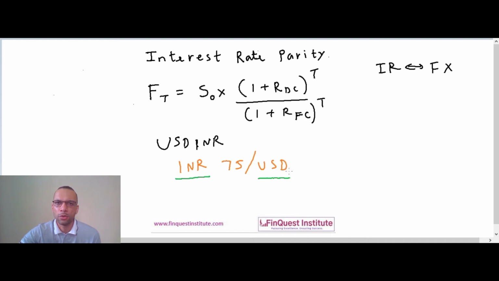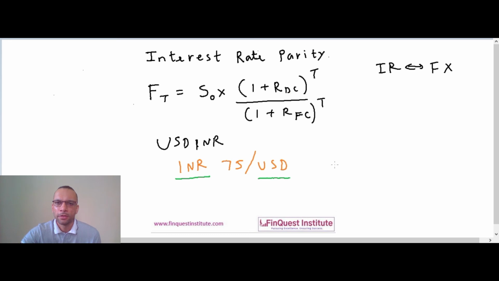Likewise, I can go to any market data provider, fetch the USD rate for time period capital T, and plug it in RFC. Likewise, I can look at the INR interest rate curve, fetch the required rate for tenor capital T in INR, and plug it in